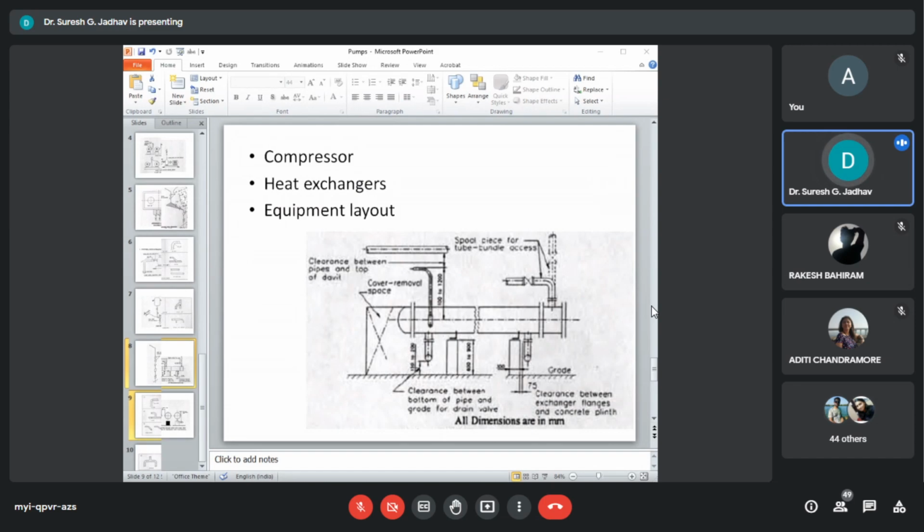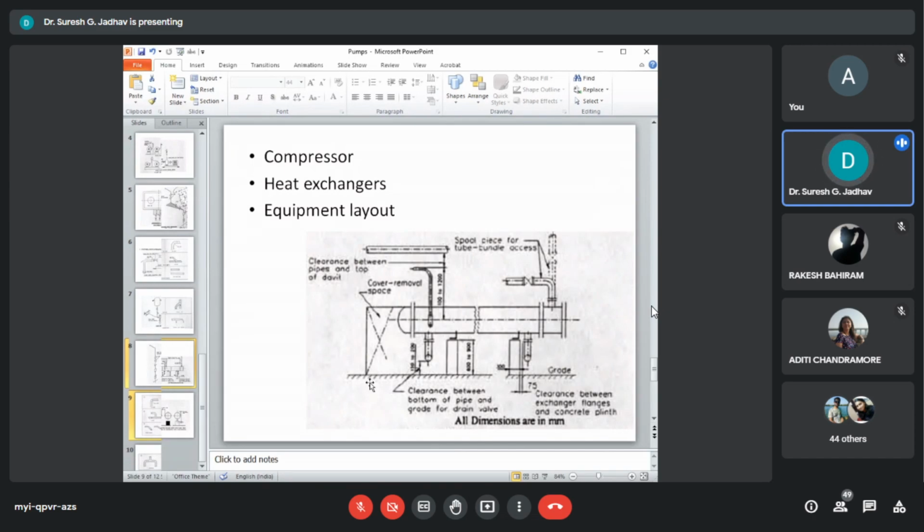The various clearances shall be indicated in the piping layout. So here you can see the various clearances for heat exchangers in the equipment layouts, that is clearance between bottom of pipe and grade for drain walls, and clearance between exchanger flange and concrete plane, that is 75 millimeters.